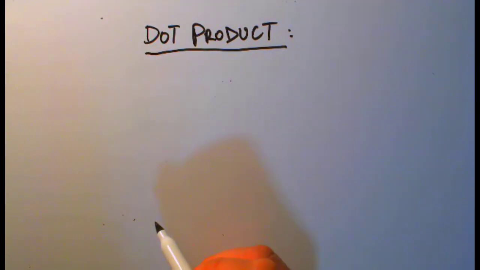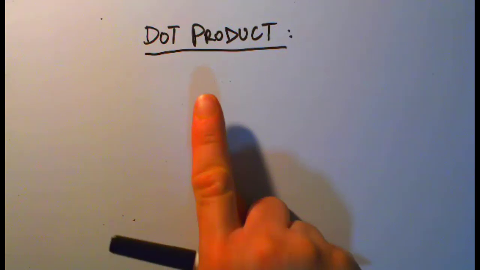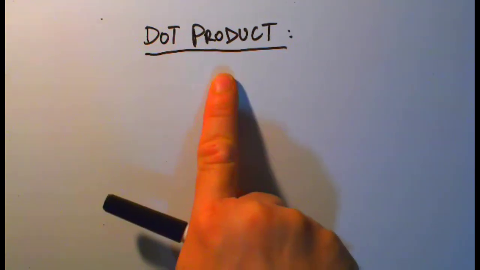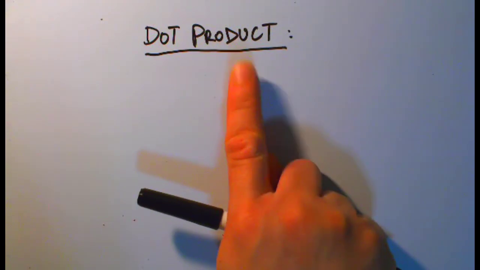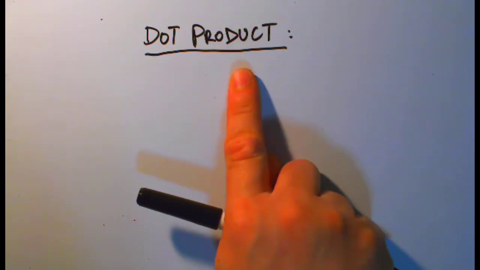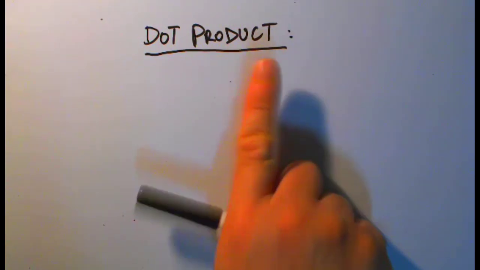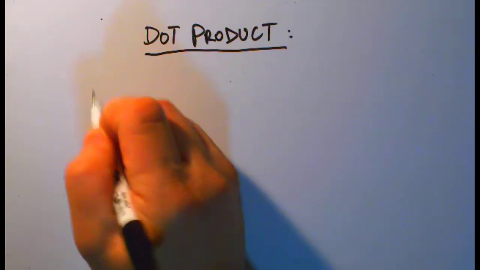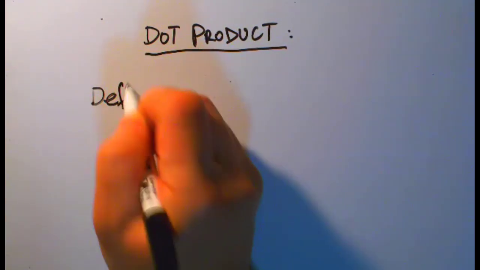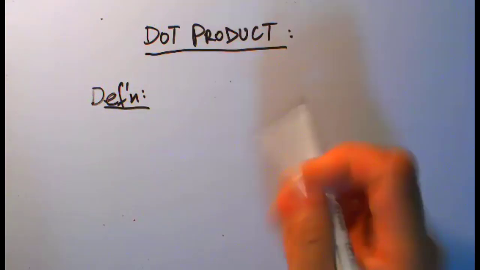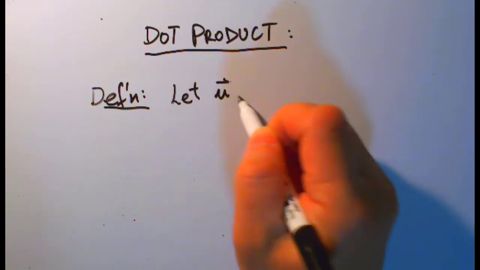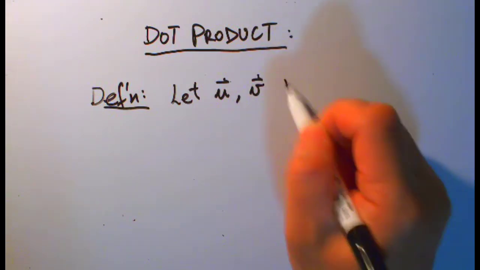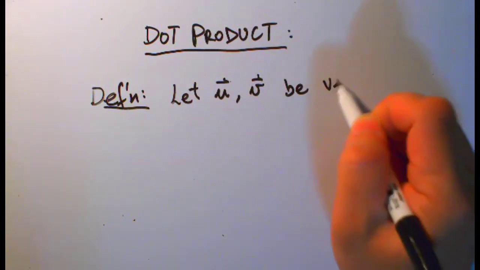All right, so let's now give a definition of what it means to be a dot product. The dot product here is intended to be a multiplication method for two vectors. Now let's start out with that definition first. I'm going to say let a vector u and a vector v be vectors